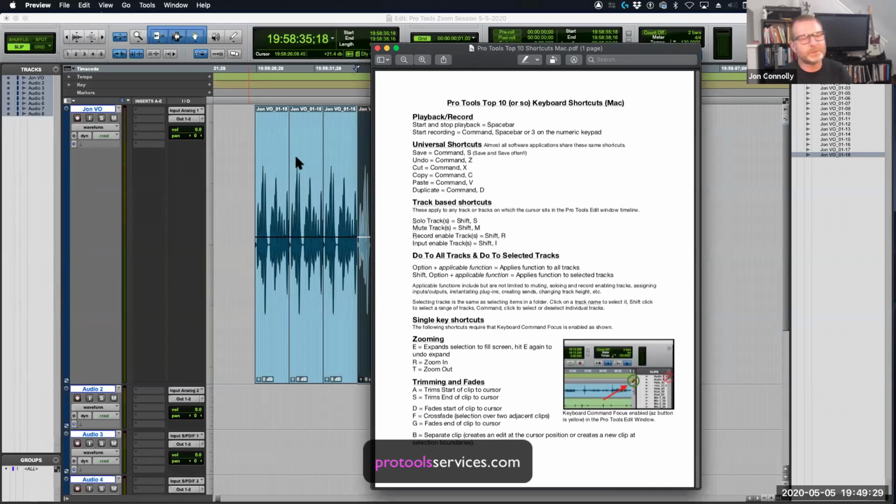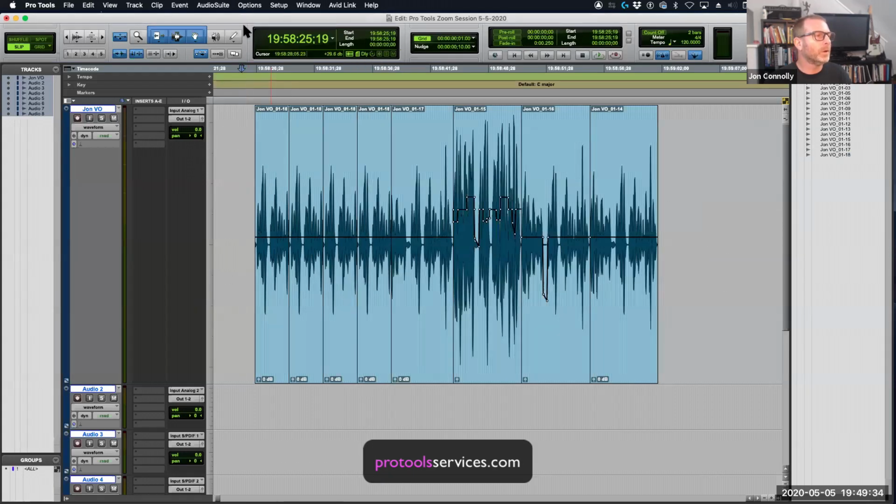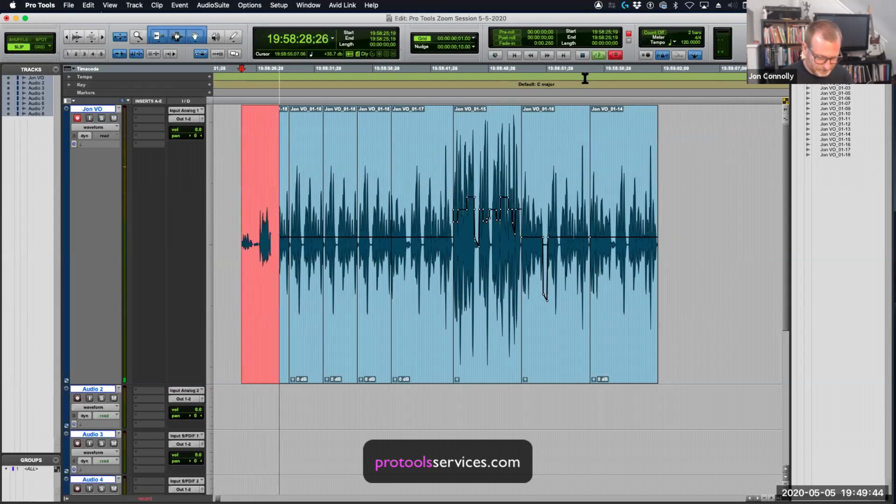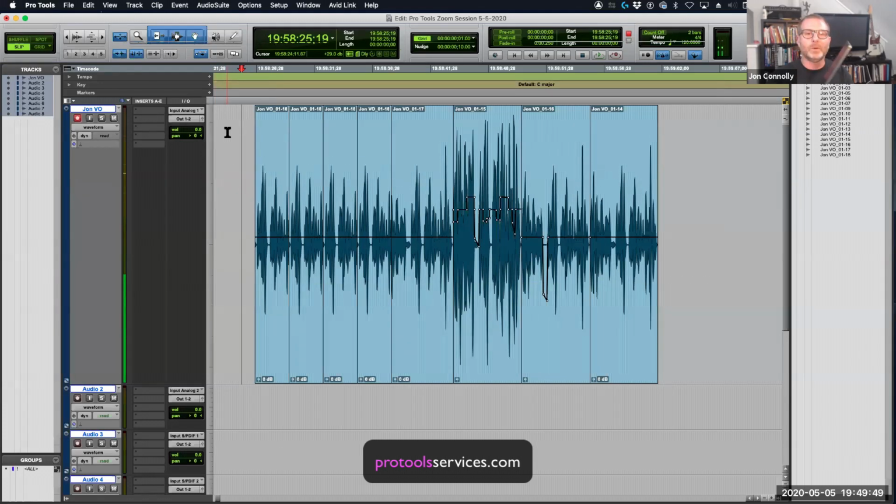playback and record. Playback is spacebar. Record, you can go into record once you've enabled a track by hitting record on the transport and then hitting the play button. Another way to do that, if you have a full-size QWERTY keyboard, when I say full-size like this, it's got the numeric keypad section. Applicable. Which is good. We'll hit stop. How about that?